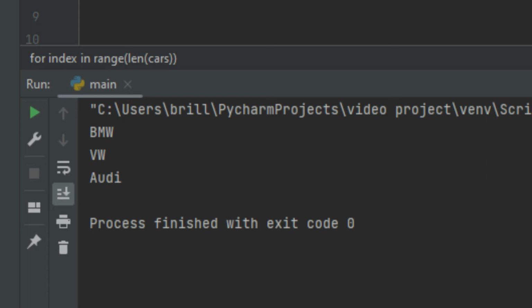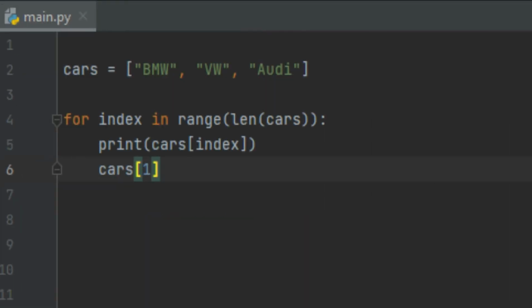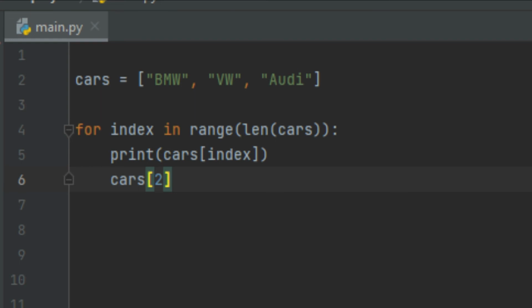So for each iteration through this loop, it's basically going to print out cars 0, cars 1, and cars 2. Because in here we're passing in a 3. And remember, whatever I pass in here is going to range from 0 all the way to that number, not including that number. Another way we could print out elements in an array and looping through something like an array